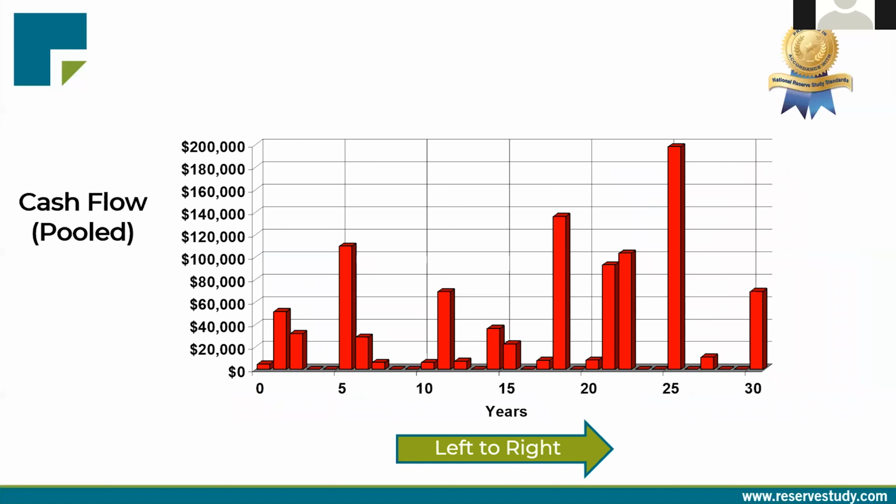And then the cash flow method doesn't look at individual components. All it looks at is the reserve expenses over the years. These expenses are the reason that the reserve contributions are being collected. As you can see, you don't know what makes up all of these expenses from year to year. Painting, roofing, asphalt, pool resurfacing, whatever it is. It's just a reserve expense. So you can think of this as a left to right method. So it's the same components, just kind of two ways of looking at it. Yep, they're all grouped together in this case.